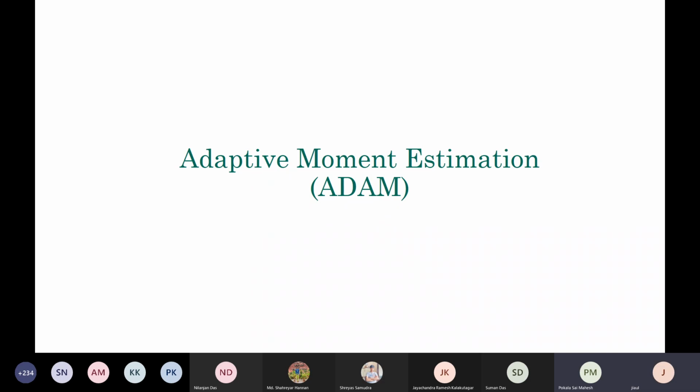Like bypassing your main target, and then again you have to go there, consult somebody, correct your mistake, then come back, and so on and so forth. So this is going to slow down the whole process of finding your target destination. That is one of the problems with this typical batch gradient descent, along with the kind of things that we have seen, where only the current gradient, the gradient based on the current batch or current sample, is guiding your direction. Does this make sense?